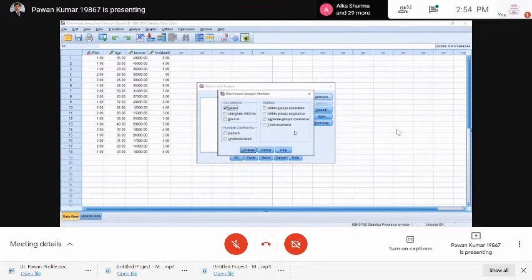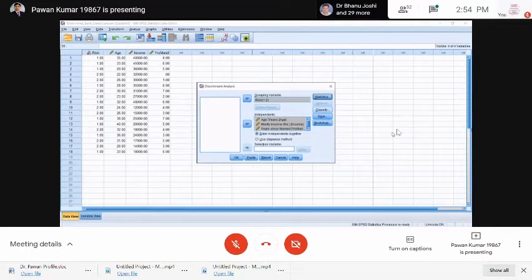Mean means average. You can click on Univariate ANOVA and Box's M to see the covariance. Equality of variance can be checked through Box's M. And you need the unstandardized function coefficients, so click on Unstandardized. Continue.